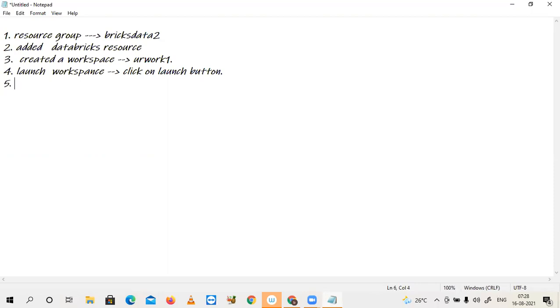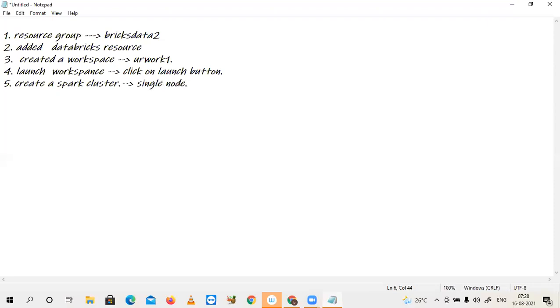Once it is launched, you have different options. As a first step, instead of creating notebooks, create a Spark cluster. You are using this not for commercial purposes, only for practice, so select a single node cluster.